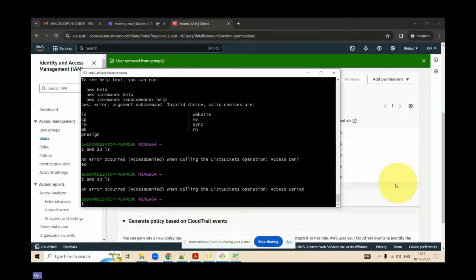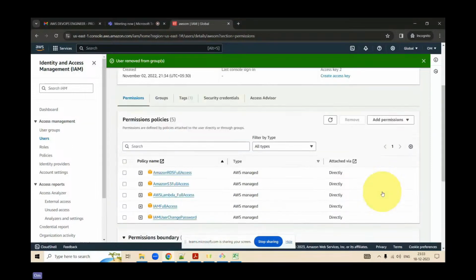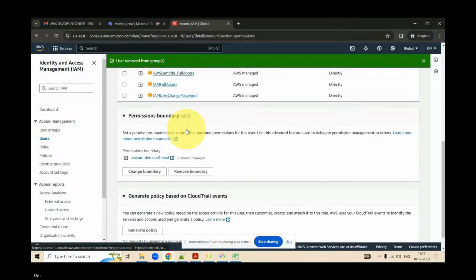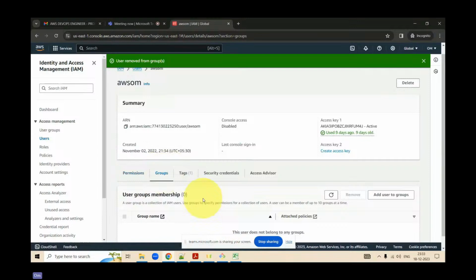There may be some S3 bucket level permission issues or something like that. Need to check it out. Lambda functions, IAM role privileges. Need to check the permission boundaries.